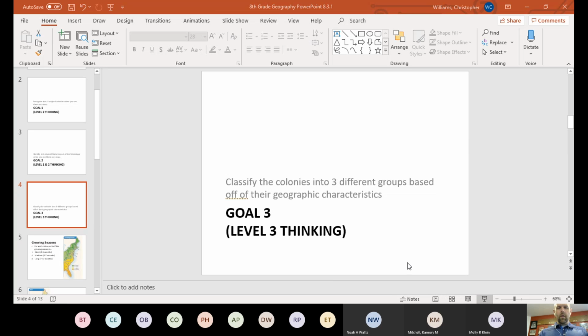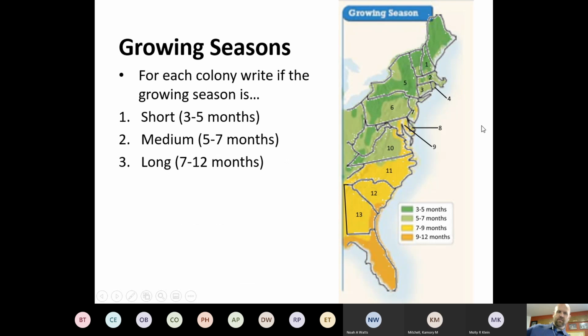Okay, so we need to talk about first what affects people that would be living in these colonial regions. We have to think of New York, which is 5, as a colony first and not a state. We need to think of Georgia, 13, as a colony and not a state, okay? These are all colonies. Why? Because when